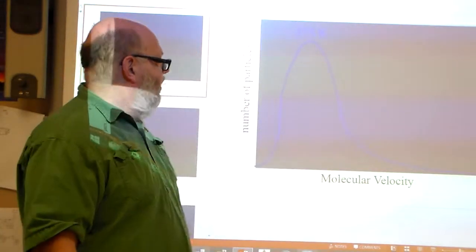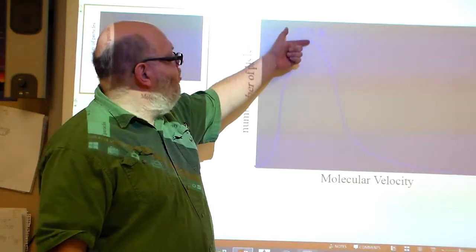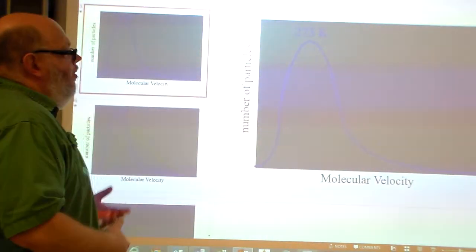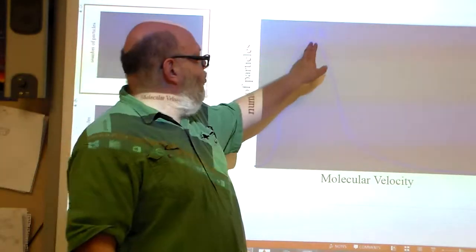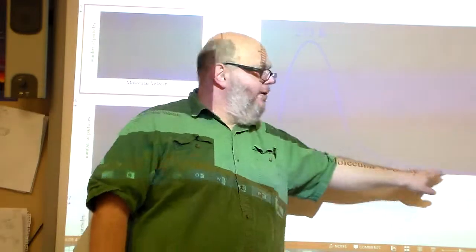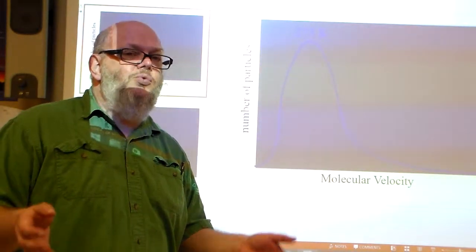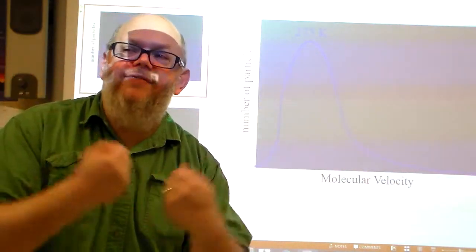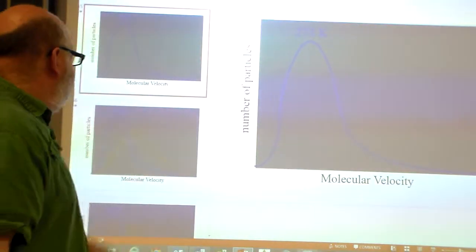On this next curve, you have the velocity distribution, number of particles versus molecular velocity. When you get to the higher number of particles, you notice a certain high at 273 K, where there are lots of particles, and as the number of particles goes down, they tend to travel a little bit faster. Why are they traveling faster when there are not so many particles? Because they're not having as many collisions, and collisions would slow down the particles.